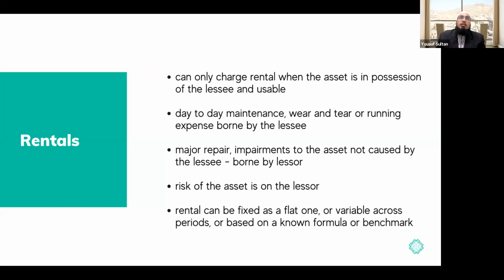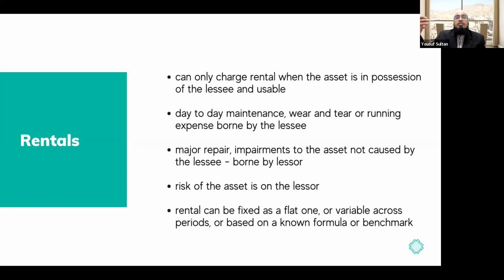So let's say we have a very popular contract called Diminishing Musharaka, Musharaka Muntahiya bit Tamlik. Usually this contract is used for house financing, a kind of alternative to mortgage financing. In some countries, it's also called HPSM, or hire purchase under Shirkatul Milk. So what happens is, in the first phase, the bank or financial institution and the customer come together to form a joint ownership over the asset. For example, the bank will pay 90% or 80%, and the customer would pay 10% or 20%. And then they jointly purchase the house.